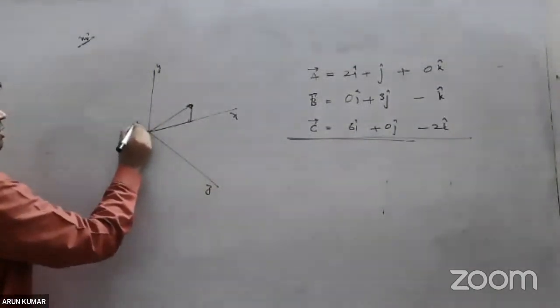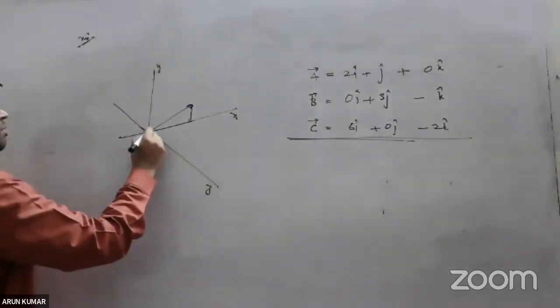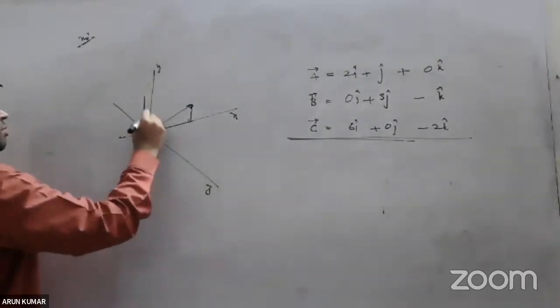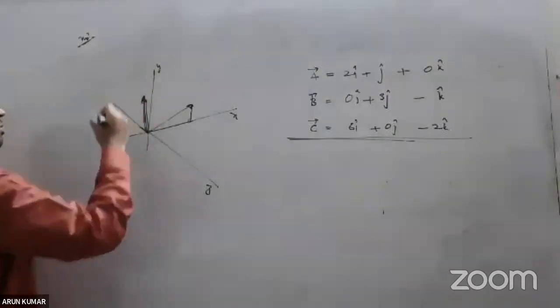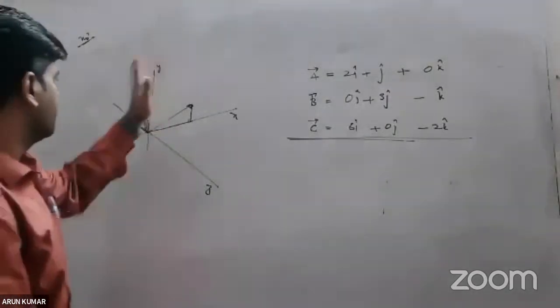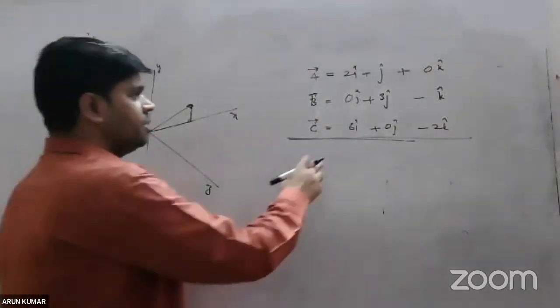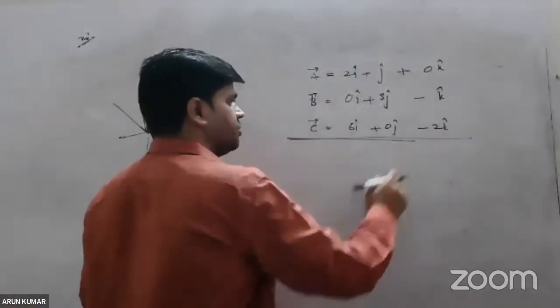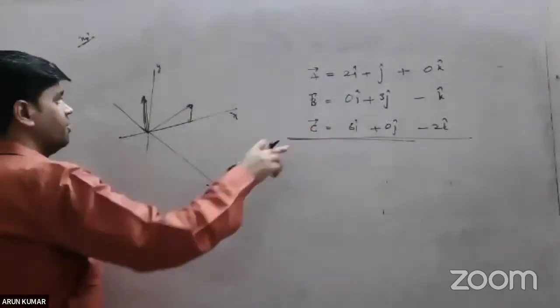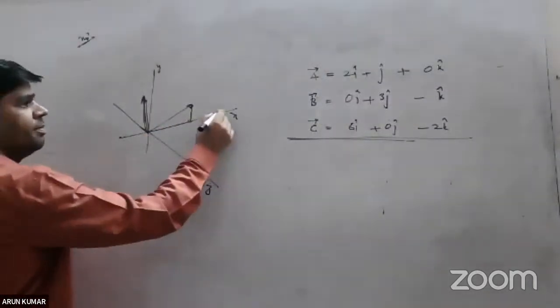3i cap minus k cap. ఇలా ఉంది. ఇది YZ plane లో ఉంది. Be careful. YZ plane లో ఉంది. C 6i cap 0 minus 2k. XZ plane లో ఉంది. XZ 6i cap